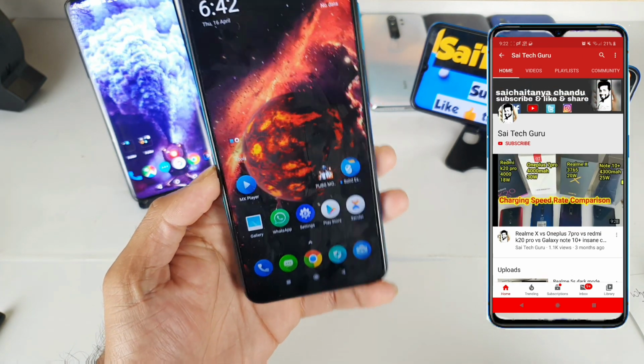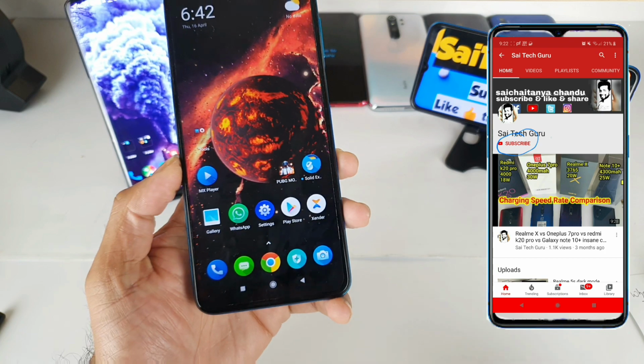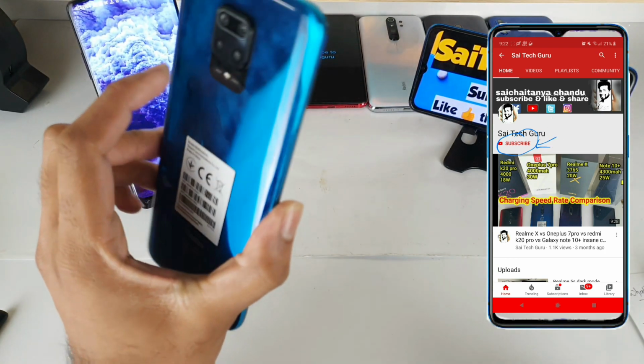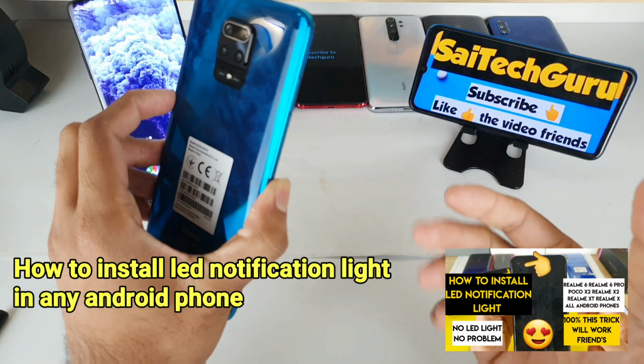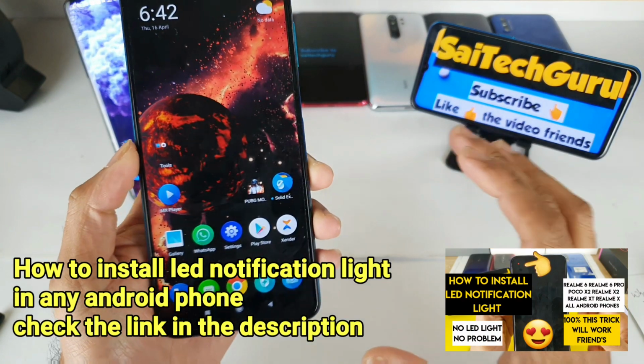In this video, I'm going to show you friends what the default PUBG gameplay settings are that you can actually play in the Redmi Note 9 Pro device. This can also be applicable for the Pro Max as well, friends, because it uses the same kind of